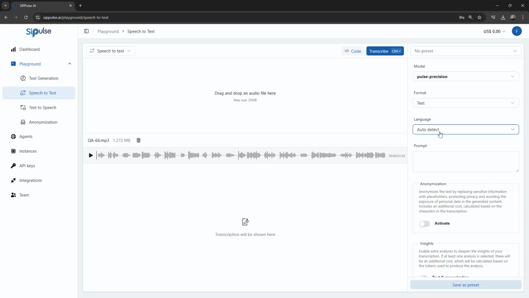So whenever you're going to use speech to text for things like a voice bot, specify the language, it will save you 200 milliseconds at least on the API call. In this case, it doesn't matter. I can use the auto detect. It will work. A prompt,